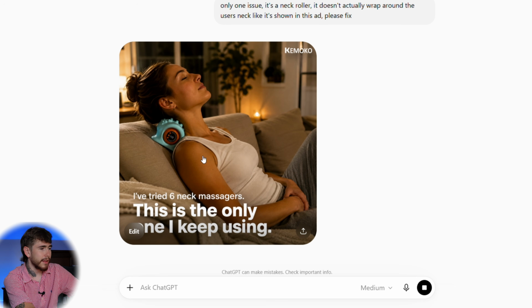I actually like the text on this one a little bit better. Same with all the colors, showing her on the couch using it, that you can use this product anywhere. I'm not sure where it came up with the brand Kimoko, but we have our brand name in the corner up there. This is a really high quality social proof ad that can also fit as a lifestyle image because it's showing her using it in her living room, getting instant pain relief,